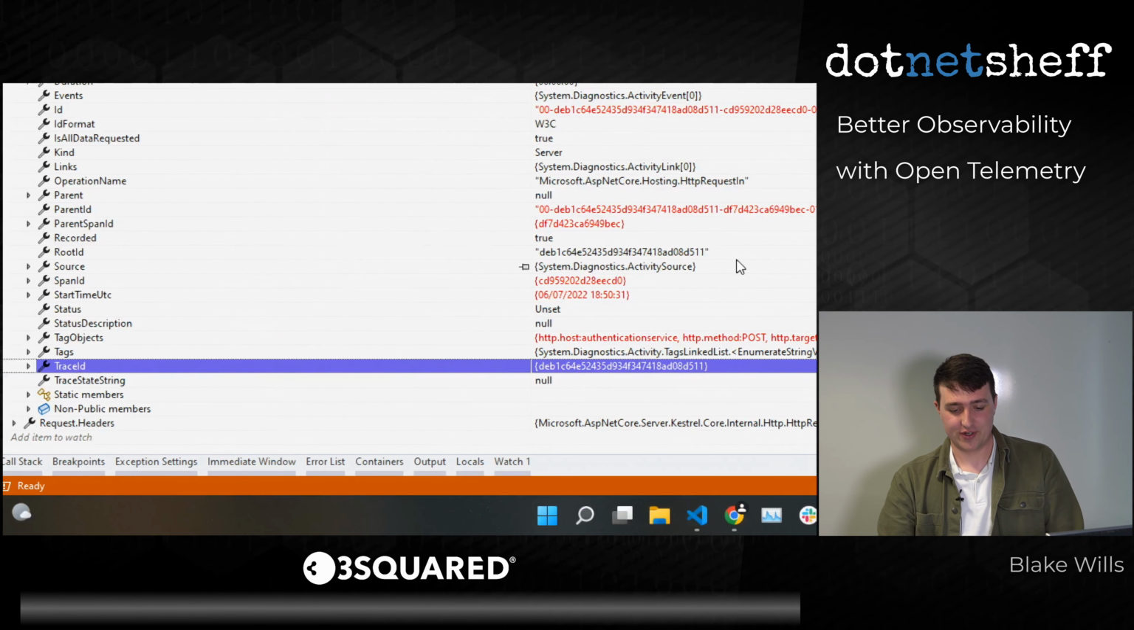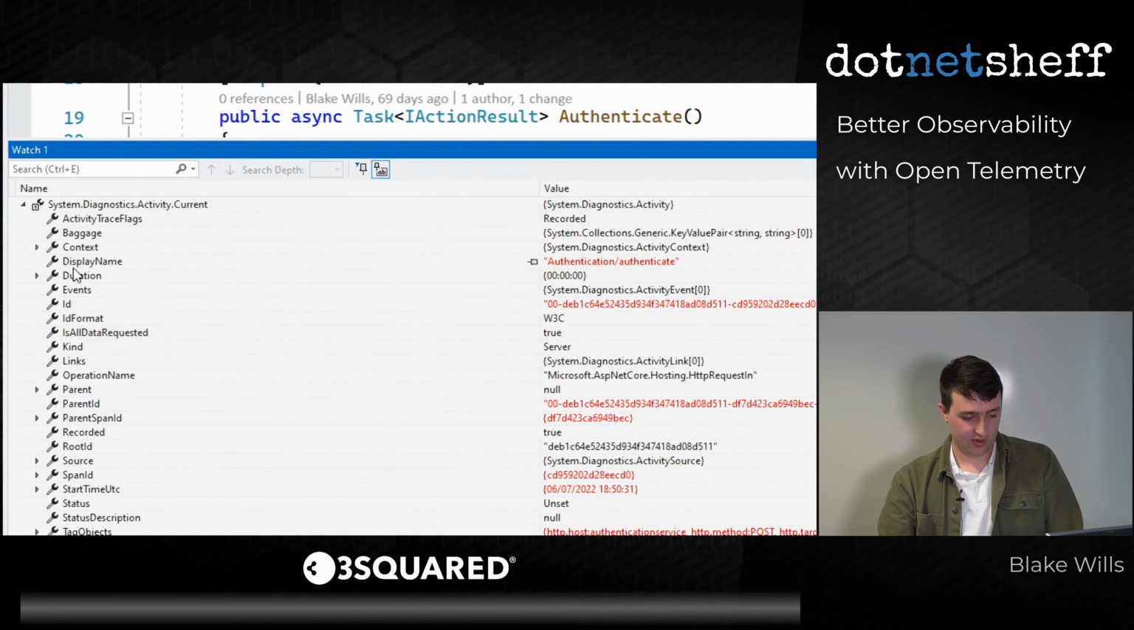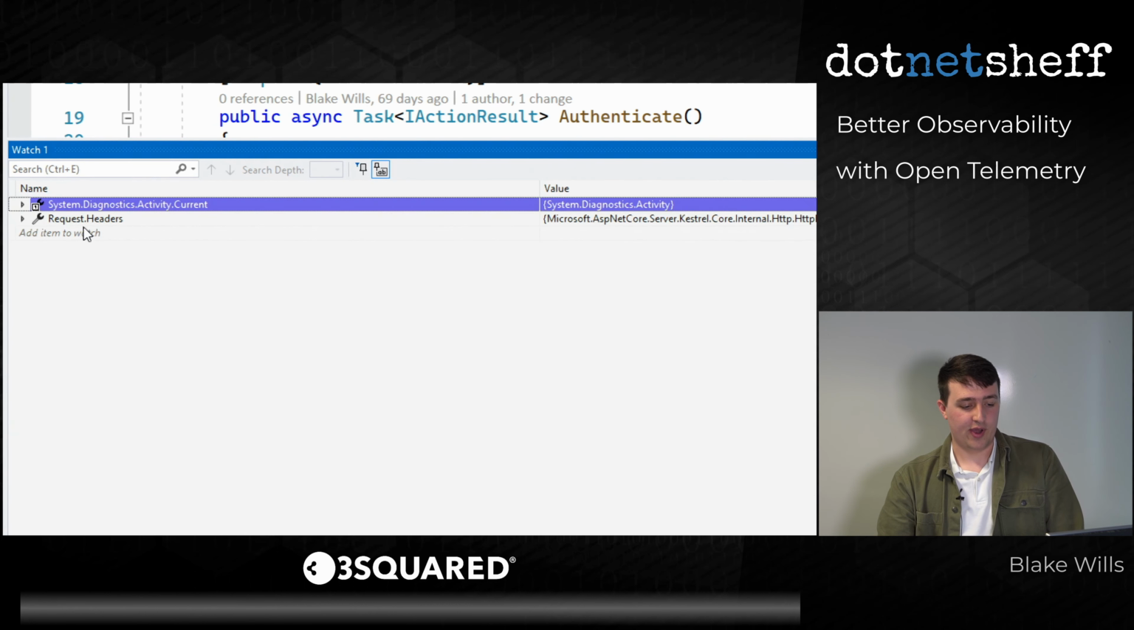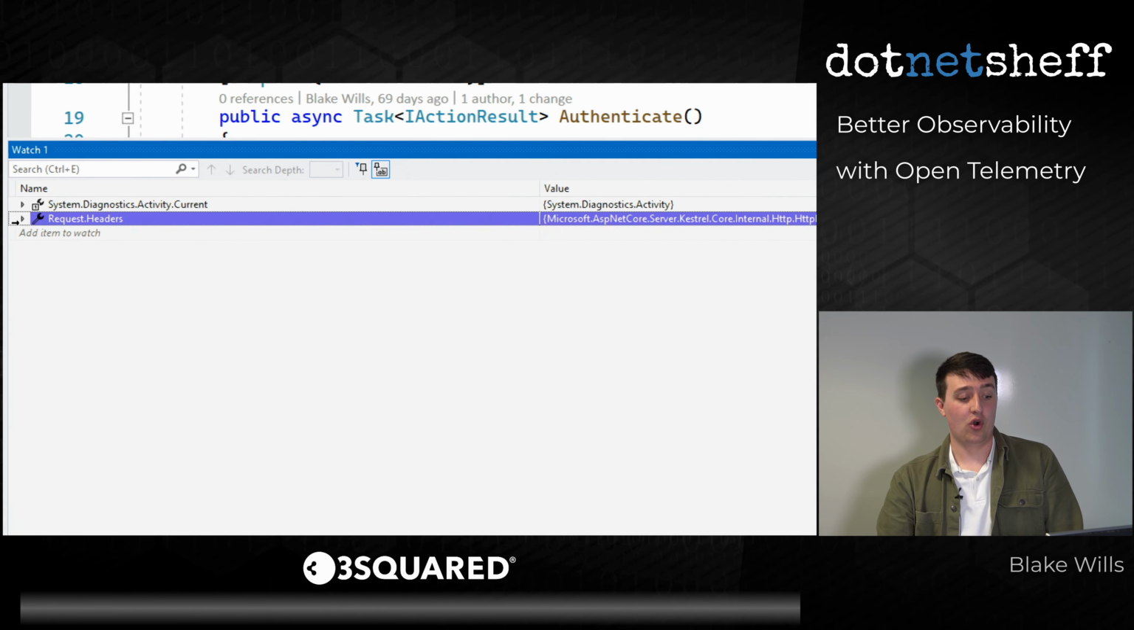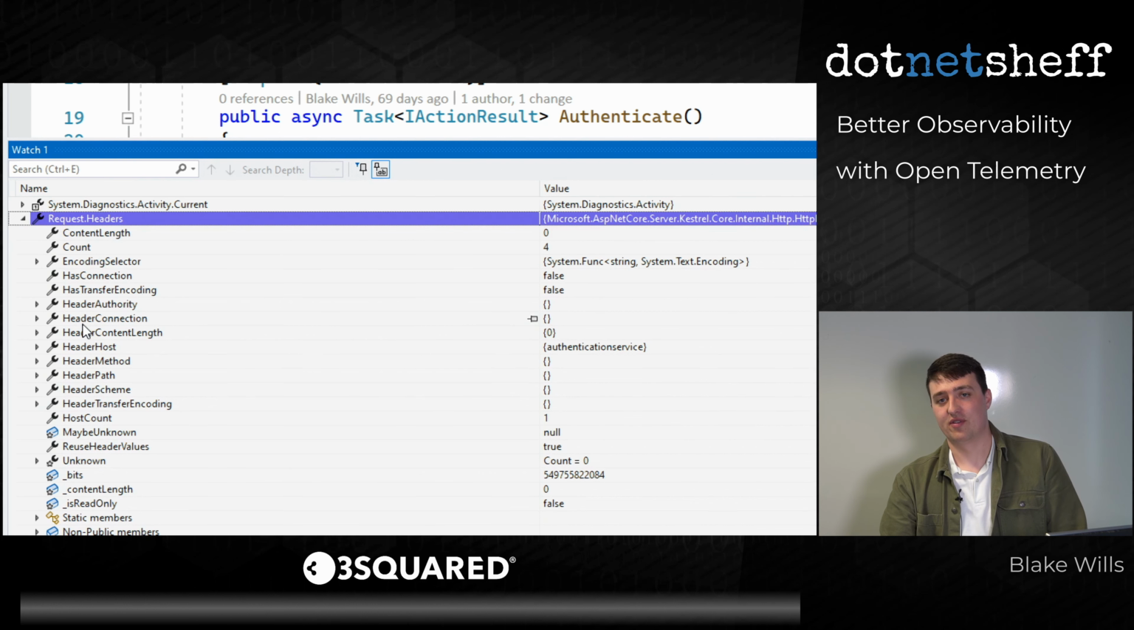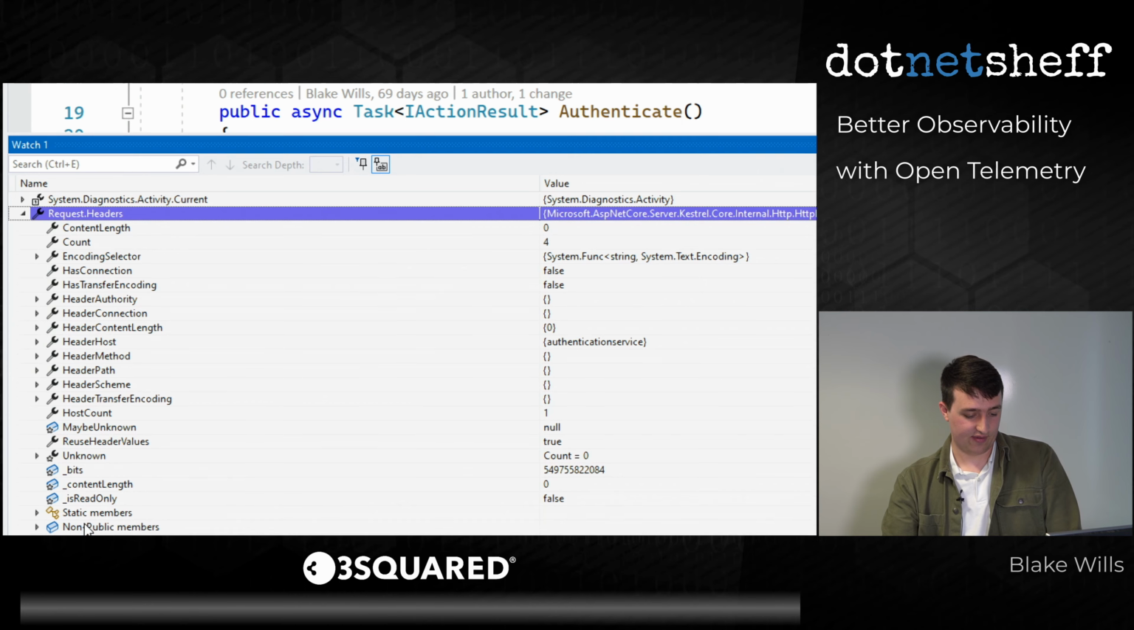How does that cross boundaries? And so it's actually quite simple. Microsoft have basically gone all in on this and instrumented all of their libraries. So the HTTP client library knows that if that property, System.Diagnostics.Activity.Current, isn't null, there's something there, propagate automatically the trace ID and the trace context in the headers. So if I have a look down here,